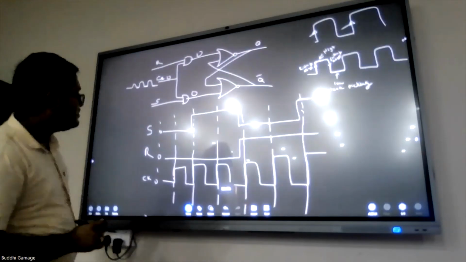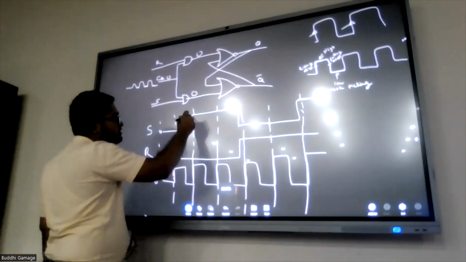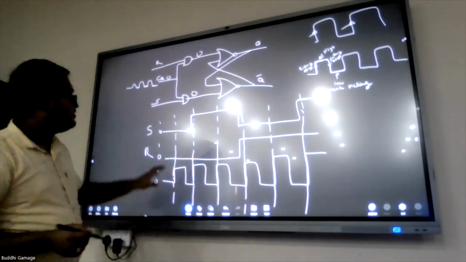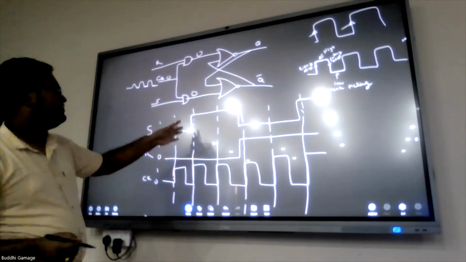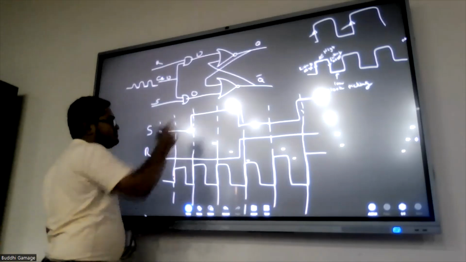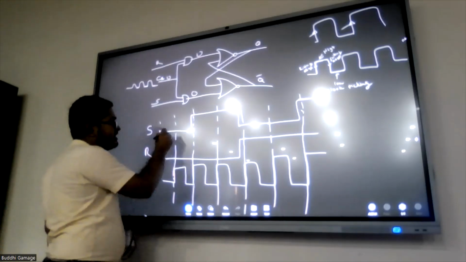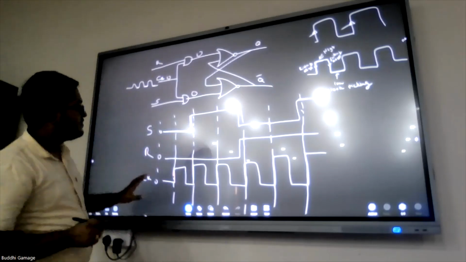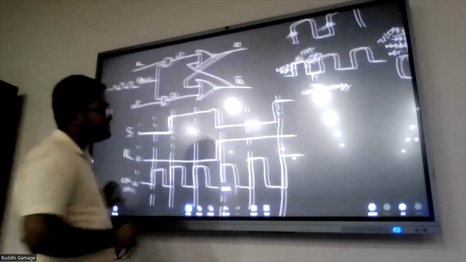So that's why I do it like this. This SNR needs to change a particular time before. Otherwise, it cannot recognize this rising, right? That means